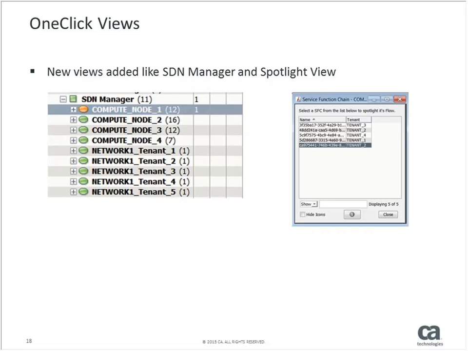As with any other technology that we support, we have a new manager called the SDN manager. We show the topology. We have some additional OneClick views. We have a bunch of correlation domains that we have created for SDN technology as well. So you get root cause analysis, alarm suppression in case of VMs going down or the compute nodes going down, and so on and so forth. So a full-fledged solution for newer technologies within the same console, within the same constructs of management that you have done for so many years with Spectrum.